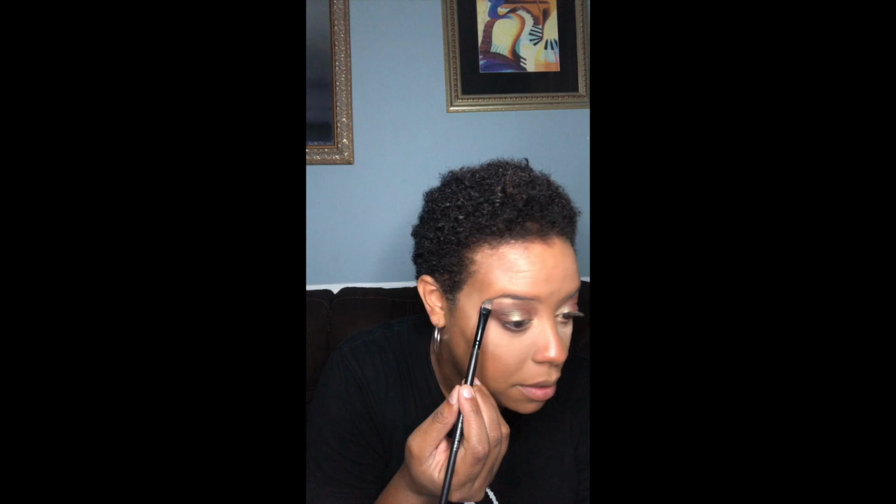That deepened it up, smoked it. Go in with a little bit more. Make a peak pencil brush and go into Soleil, right into the inner corner. Ooh, that's pretty. Brighten up that inner corner. And bring it around. Right next to Lituation on the lower lash line. Put a little bit of Soleil on the eyebrow arch. Ooh, pretty. And then on the other